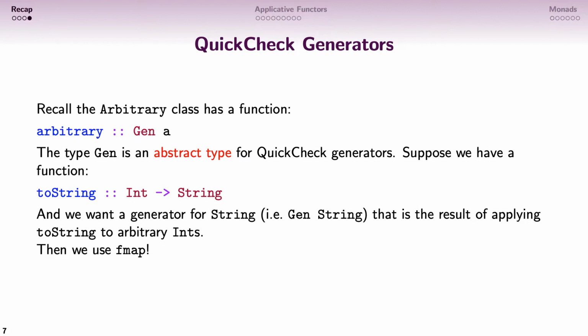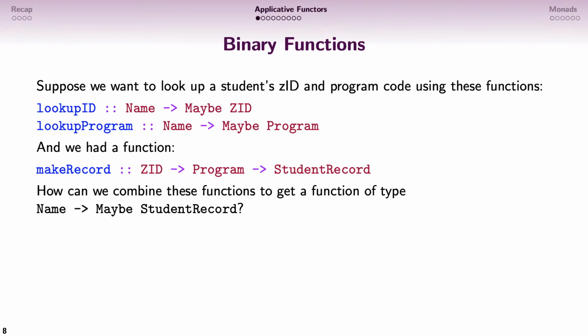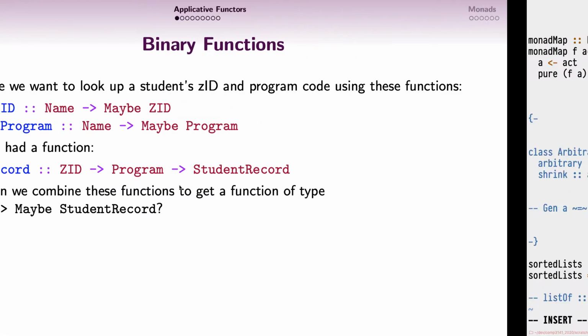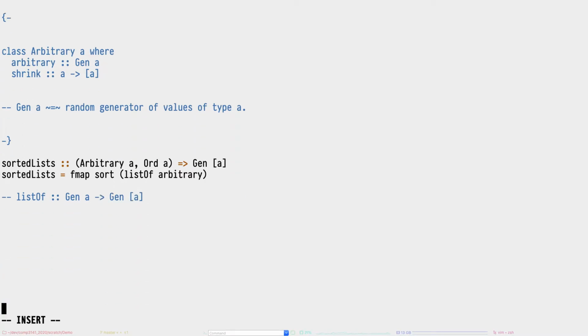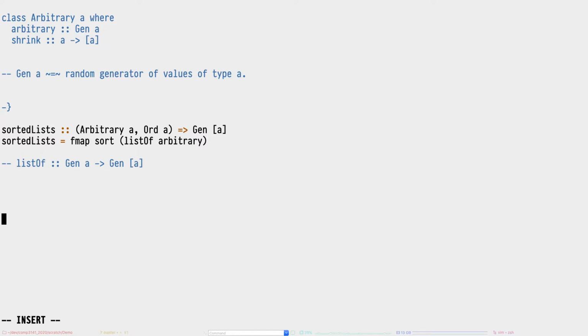Okay, so that's functor. So now let's talk about a slightly more interesting type class. Let's suppose that I have two functions here. One, given a student's name, will maybe give me a ZID, and another one, given a student's name, will maybe give me which program they're enrolled in. So we can actually go ahead and implement this in our Scratch file. Let's just make some space. So we'll have